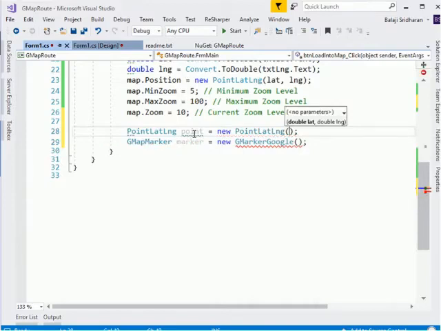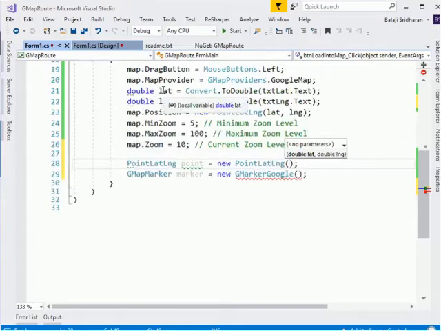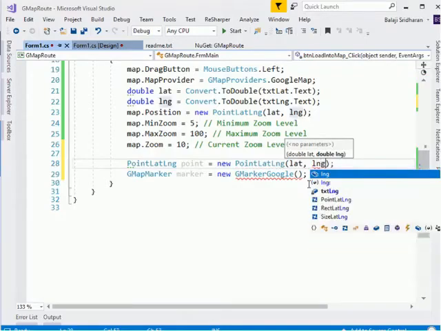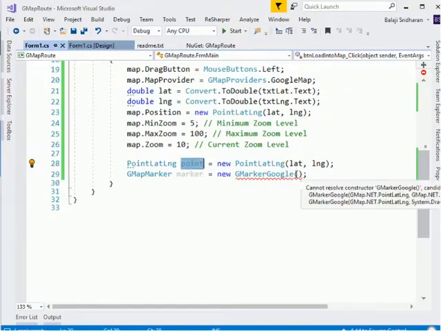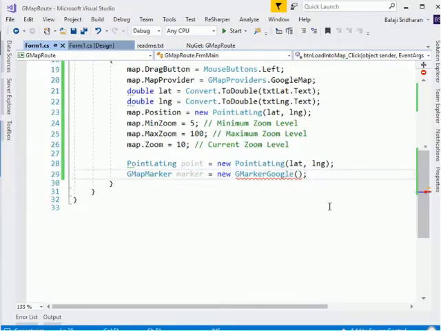Here I want to pass a latitude and longitude. We have already collected our latitude and longitude, so I will pass this lat and long. And then I want to pass this point as an argument to this GMarkerGoogle.